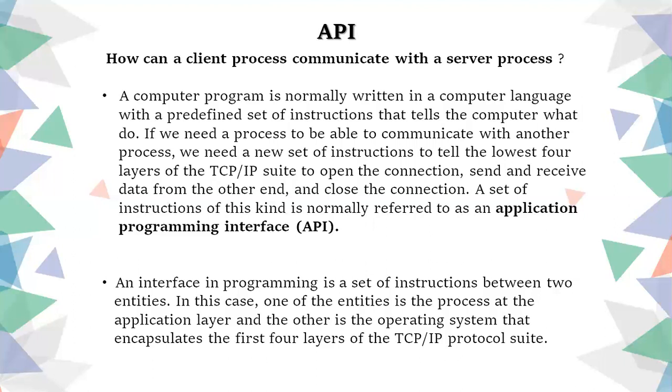See, if you are in the transport layer, the segmentation part, and you are going to use the protocol called TCP, we need a connection establishment, then we give an acknowledgement, and we know the port number. We discussed all these things. To set up the connection, we need some interface. That interface is nothing but the application programming interface. An interface in programming is a set of instructions between two entities. One of the entities is the process, the application.